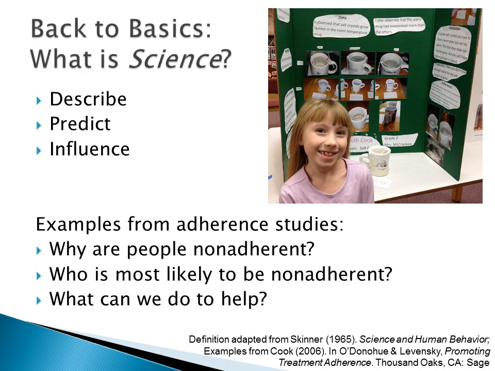So I want to go back to basics in talking about this and start by talking about what is science to begin with. Here's my daughter at the science fair at her elementary school looking at salt crystals. And what science does is three different things. It wants to describe what's going on in the world around us, and the purpose of that description is often so we can predict what's going to happen next. And then hopefully, if we get really good at prediction, we would be able to influence that in some way so that we can kind of control the future.